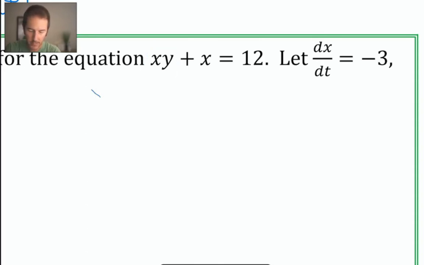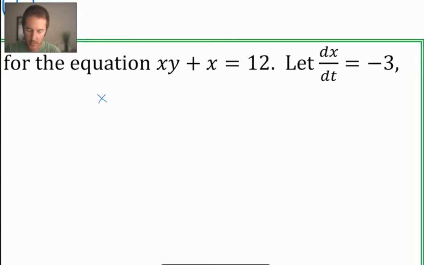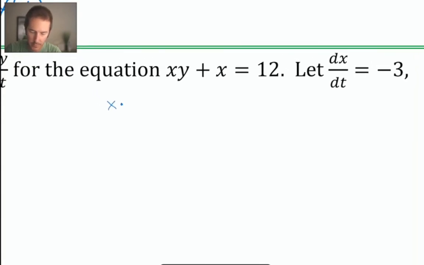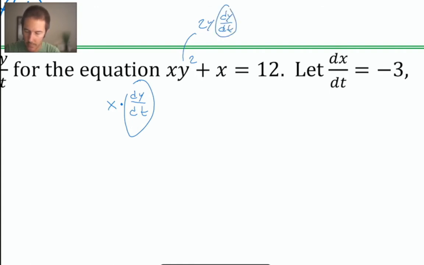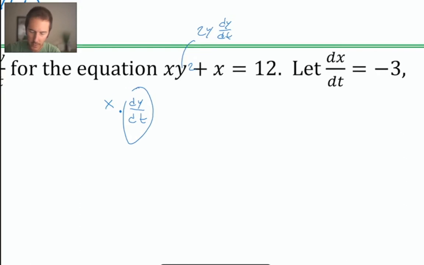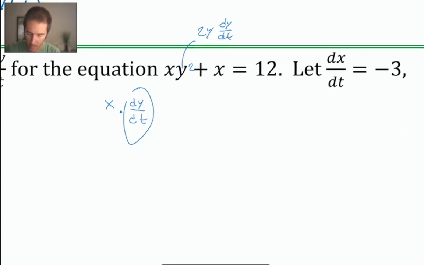So I like to leave the first factor, which is an x, and then multiply by the derivative of the second factor. So I'm taking the derivative of y with respect to time. Now this would look a little bit different if there were a 2 on here. If there were a 2 there, then the derivative of y squared would look like this: 2 times y times dy over dt. And this would be the chain rule coming into play. In this case, since it's not y squared,